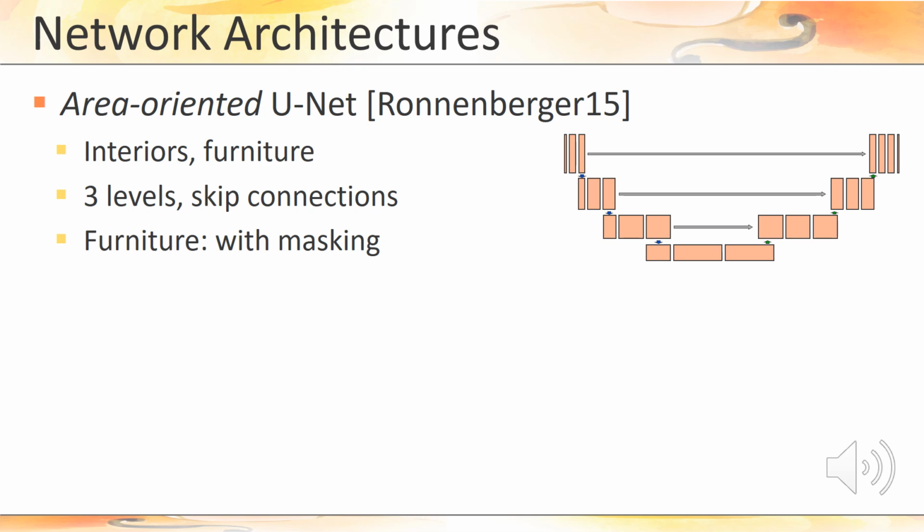Our networks are based on 2 architectures. The area-oriented network is a traditional U-net architecture that works on 2D images, and that is therefore amenable for the first and the last step, namely interior footprint and furniture extraction. We use the classical 3-layer architecture with skip connections presented by Ronneberger et al. for both networks. The only significant difference between the two is that we mask the raw output of the furniture network with the interior footprint before computing the loss, since the only meaningful predictions are those that refer to the